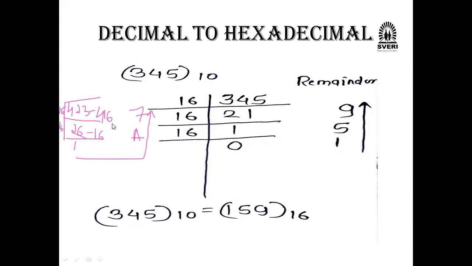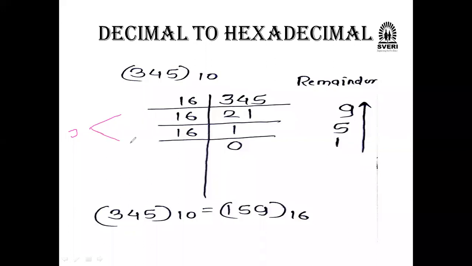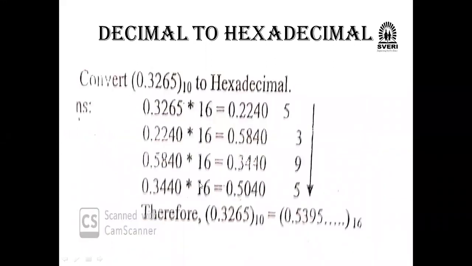So decimal to binary, octal and hexadecimal we have converted. Is it clear? The decimal number has been converted into binary, octal and hexadecimal. Okay. Same for the point system: again, you have to do the multiplication factor from upper to downside. Same thing, into 16 you have to do here. This is common for all of them.